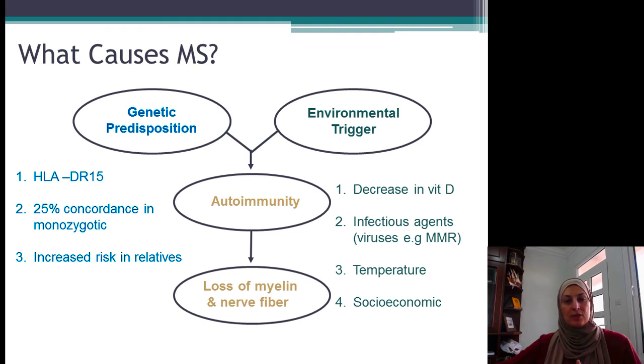And there's increased risk in relatives. Maybe these relatives might not develop the full-blown multiple sclerosis condition, but they would have, for example, a high antibody titer. So there is a familial clustering of the condition, which indicates the presence of a genetic factor. Environmental triggers are needed to initiate the condition, and several environmental